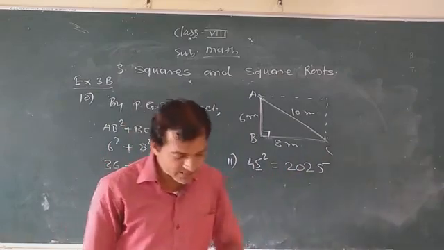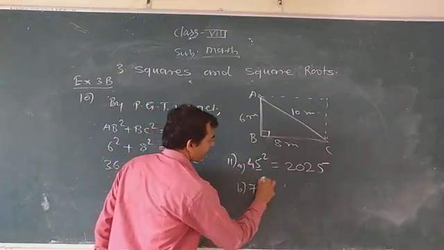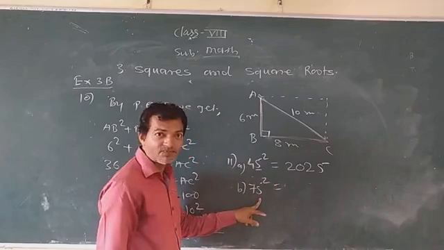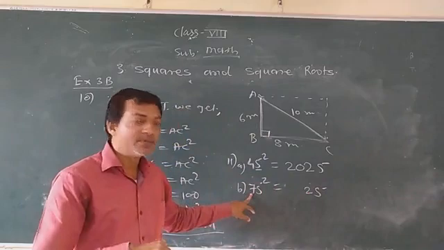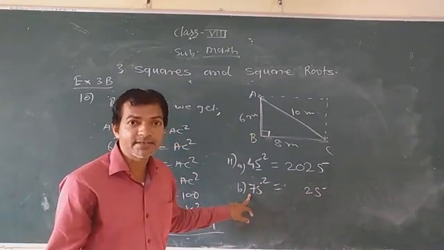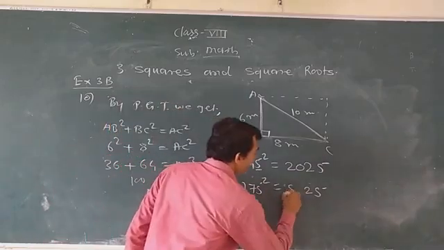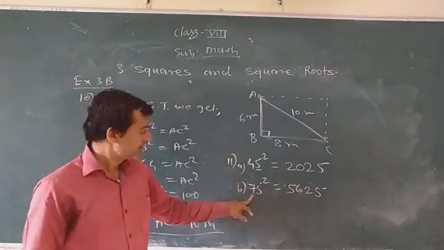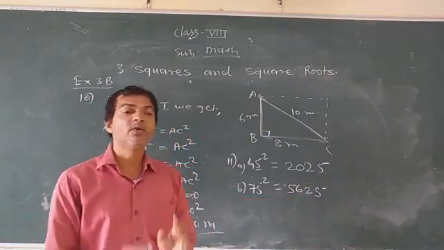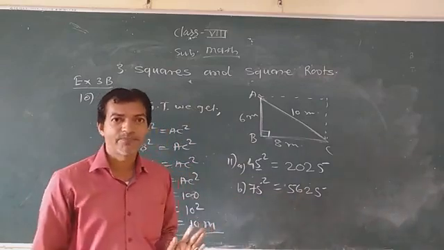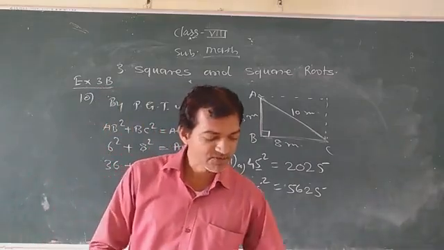Easy? Can you try for the next number? 75. First you have to write the square of this 5. 5 square means 25. And the previous number is 7. The next number of this 7 is what? 8. 7 eights are how many? 7 eights are 56. So 75 square equal to 5625. In this way you can easily find the answer orally. Write down these two. Remaining is the homework. And now last question, see here.